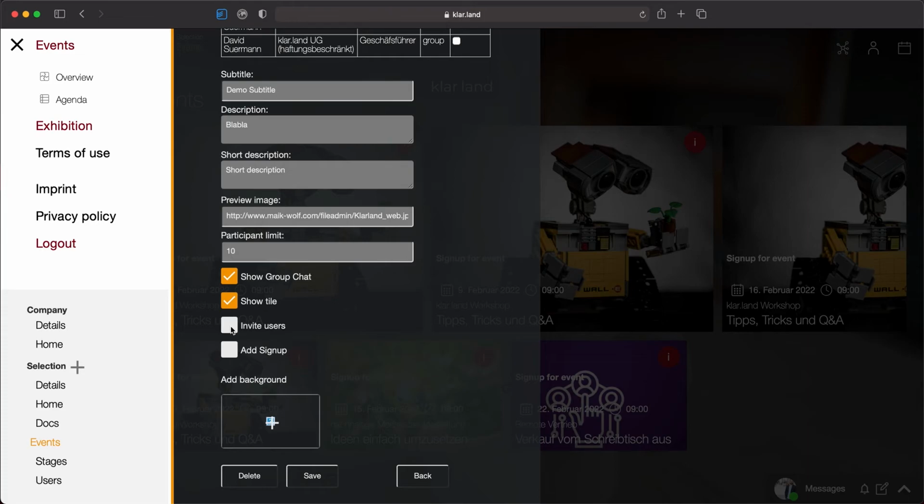Then we had already the invite users, so that just triggers the email to all the users which have access to the workspace. So be careful if you click that, really everyone will get an email. We now want to show the tile and we want to have the sign up, and we can even add